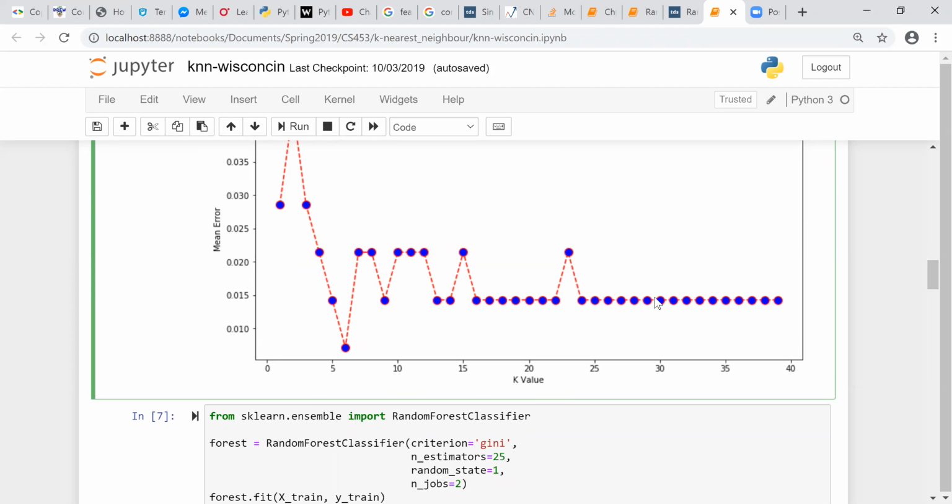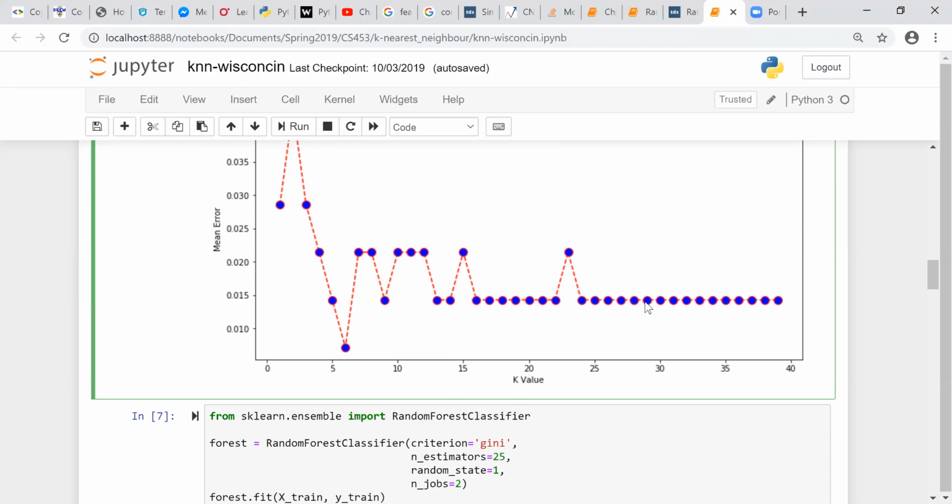And we can see it's not that the more neighbors the better. Because from this plotting you can clearly see, after it reaches a certain K value,